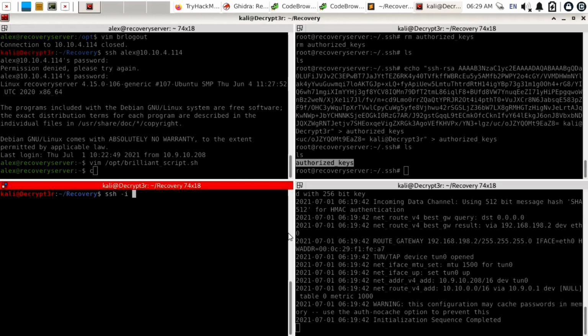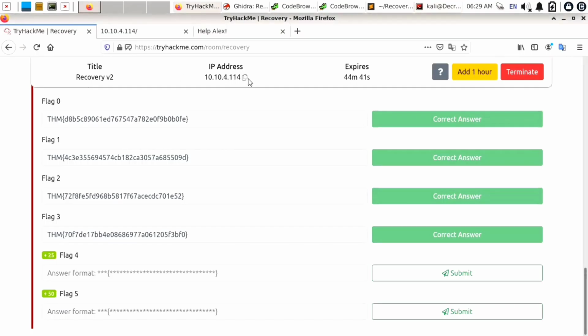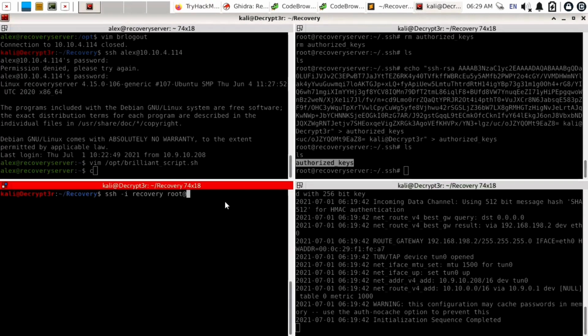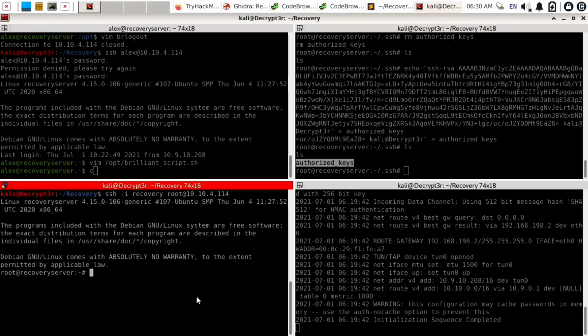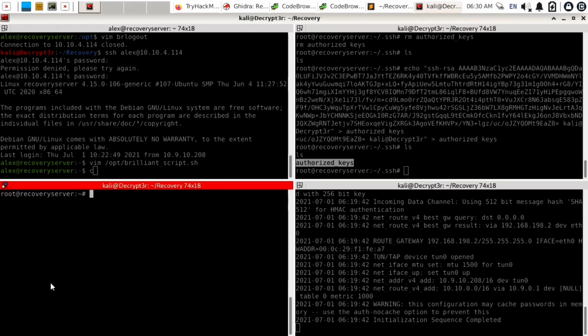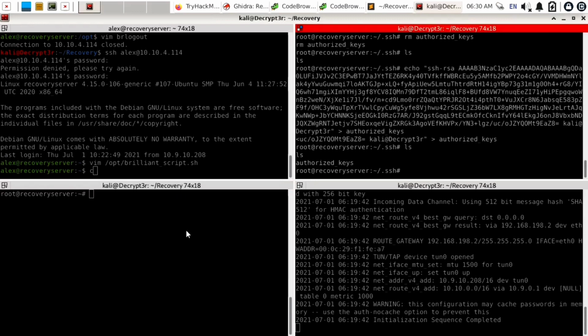So use ssh -i, then our key is recovery, then the username root@ the IP of our target machine, which is 10.10.4.114. Just copy this IP and paste it here by Ctrl Shift V, hit the enter button. Here you can see we are in as the root user without any password. So this is how you can perform privilege escalation on this machine.